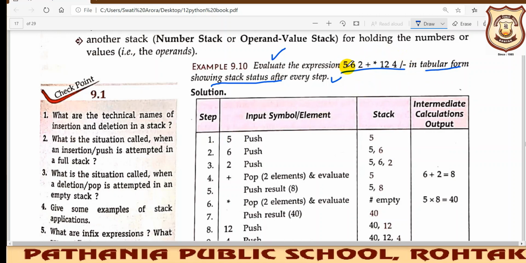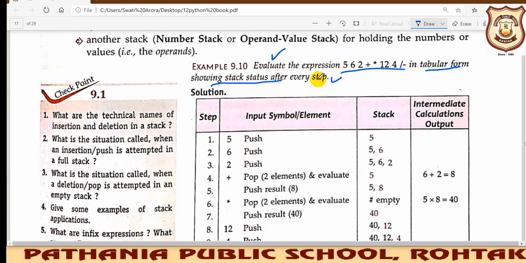So whatever elements, meaning the operands, we can say these are the operands or the numbers. So we will check whether this is an operand or an operator. If it is an operator, then we will pop, otherwise we'll keep on pushing it into the stack.